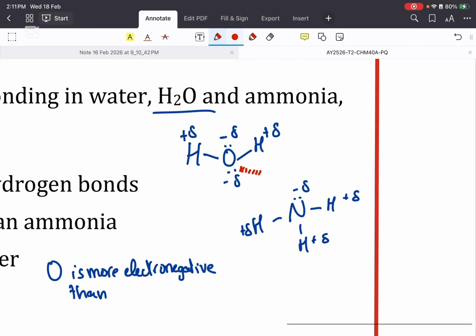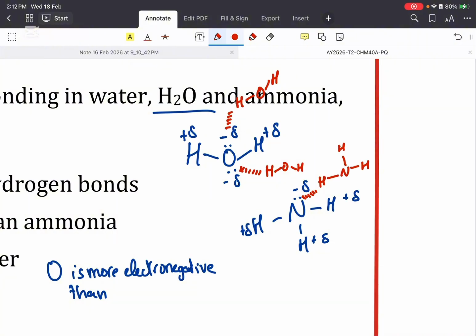Yani O will do a hydrogen bond from another hydrogen in a water molecule, and also from this side it can do another hydrogen bond with another water molecule. Whereas nitrogen, I only have one negative partial charge, so it's gonna do one hydrogen bond that is coming from